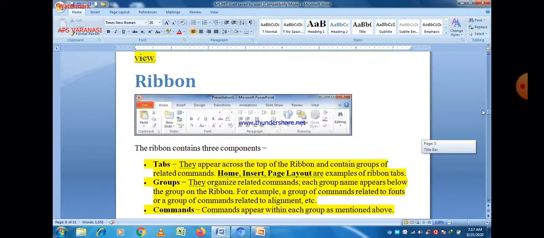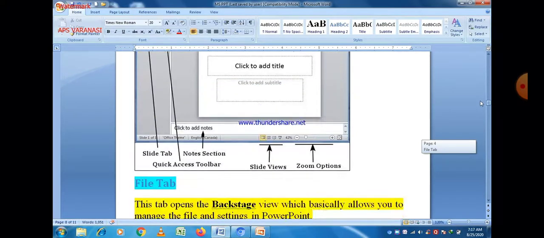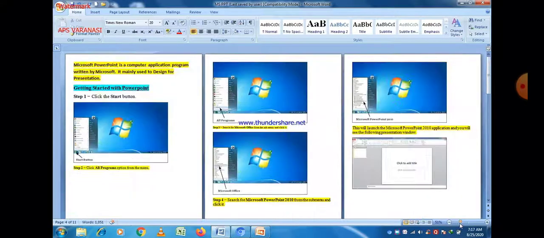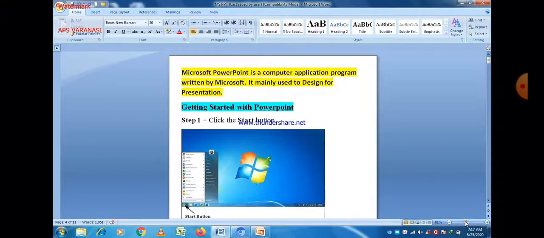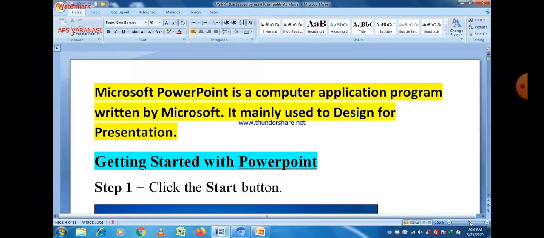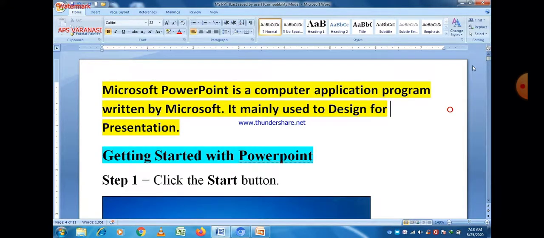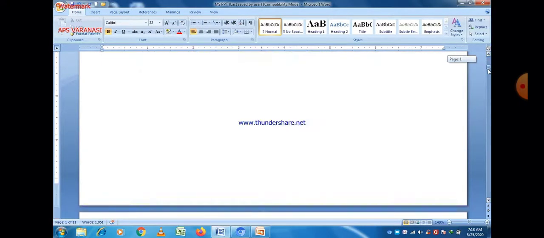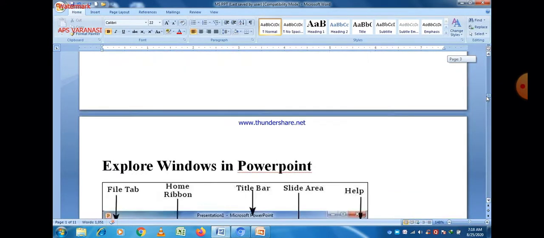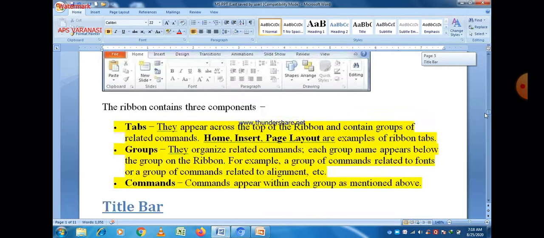This option is also there in MS Word. You can see the zoom option in MS Word, with zoom in and zoom out options, and the middle is 100%. So you can increase or decrease the size of the content of the page. Similarly, this works in the case of PPT. The same function is there in MS PowerPoint.